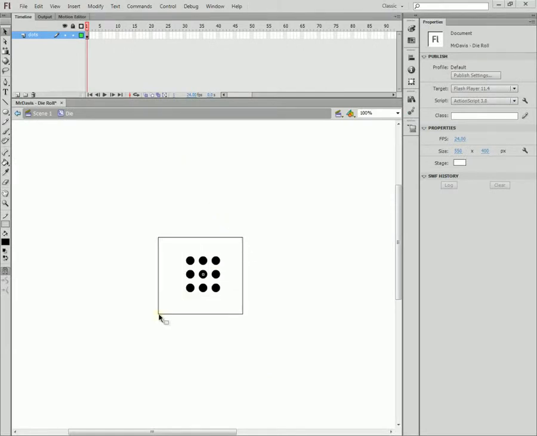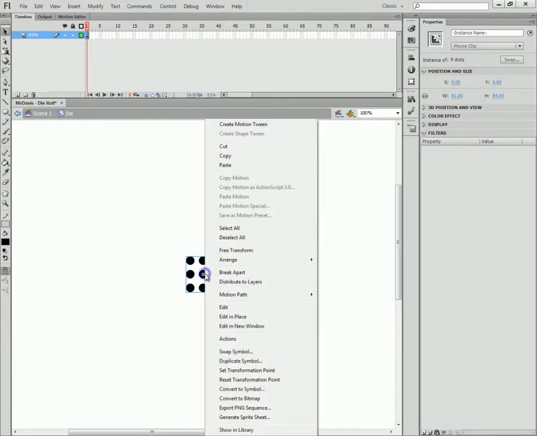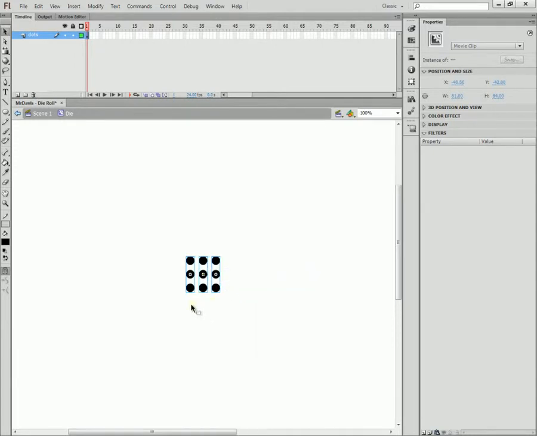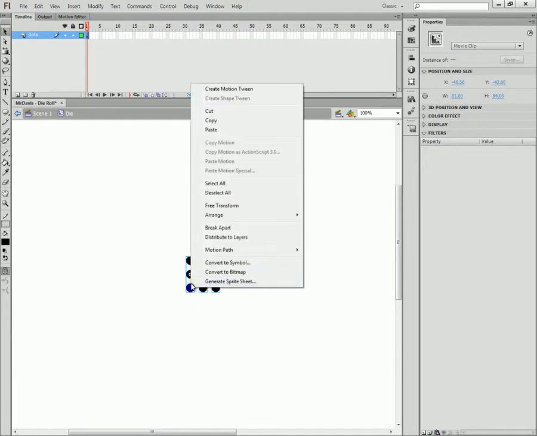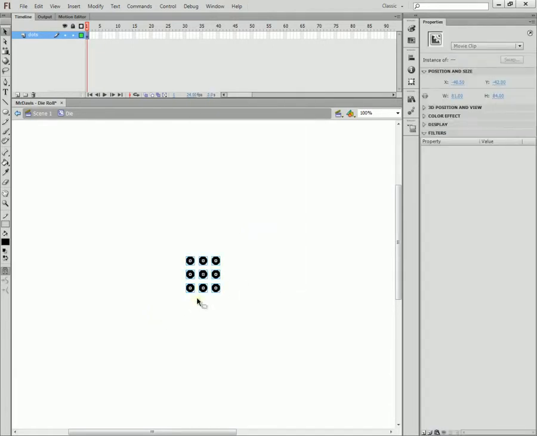So now that we have this aligned to the center, we don't really need it to be a movie clip anymore. I just wanted to put these all in a movie clip so that way I can make sure everything was nice and centered. So what I'm going to do is right click on this, click break apart. It's going to turn it into whatever inside of it. So in this case, there are our 3 V dots. So I'm going to select all of these, break them apart again, until we have all 9 of our individual